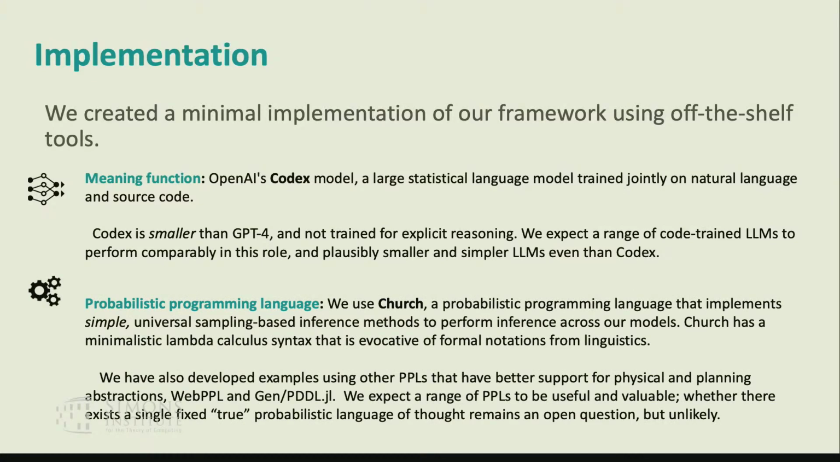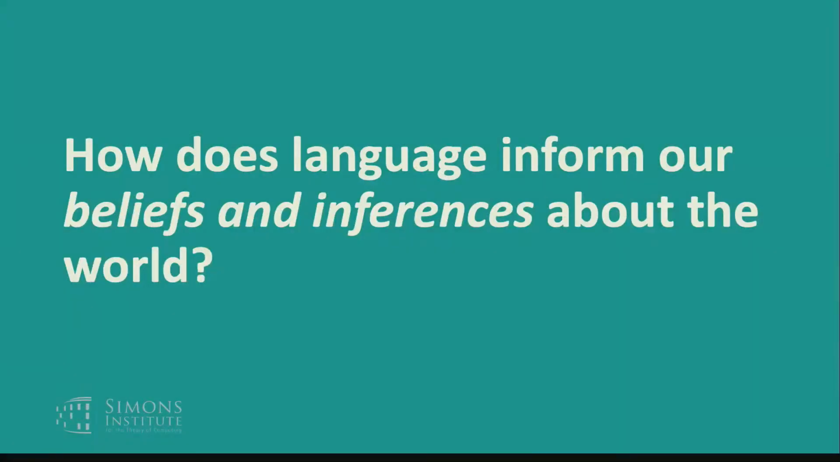And the probabilistic programming language we're going to show is Church, which is a very simple probabilistic programming language that supports very general sample-based inference procedures. And our goal is to demonstrate how this framework might broadly interface between language and a bunch of different core cognitive domains. So first, to illustrate the basic sense in which a proposal like this might allow language to update